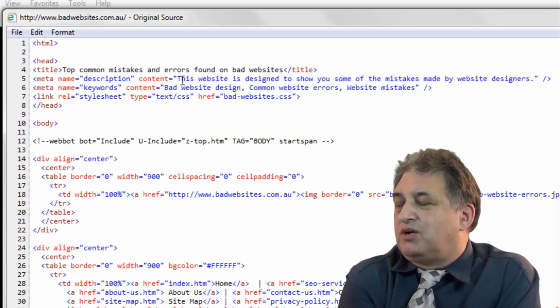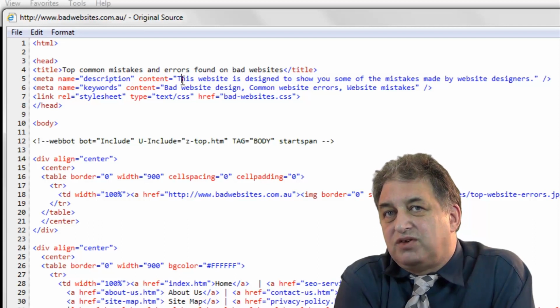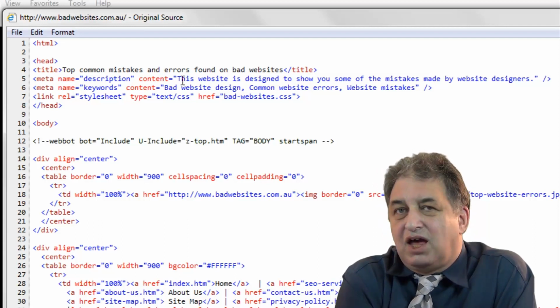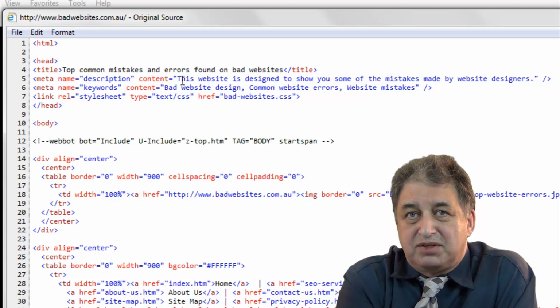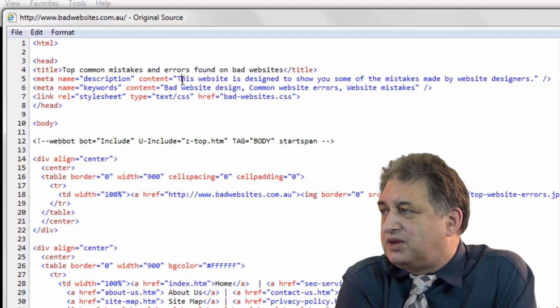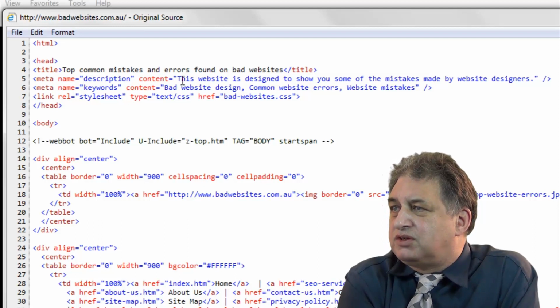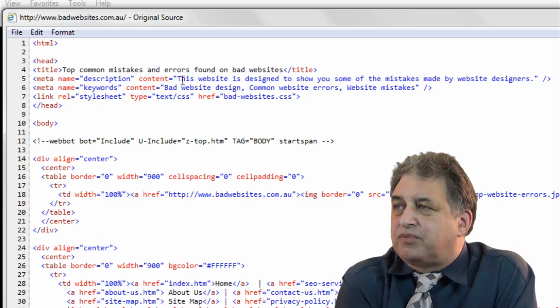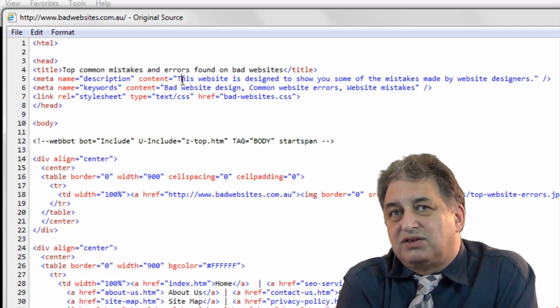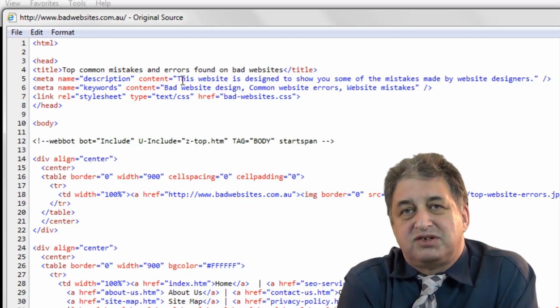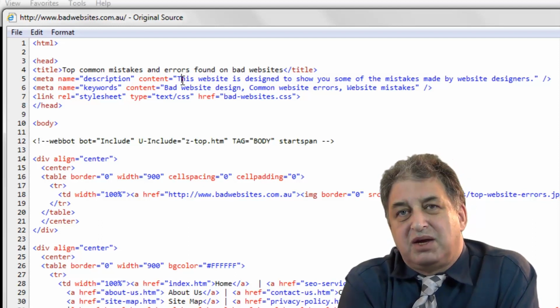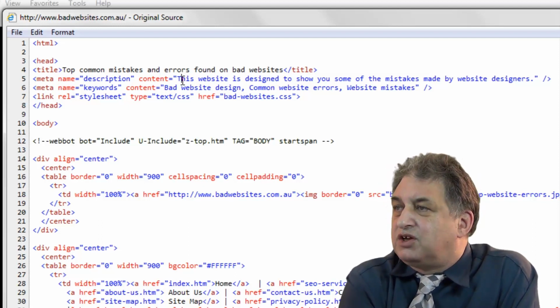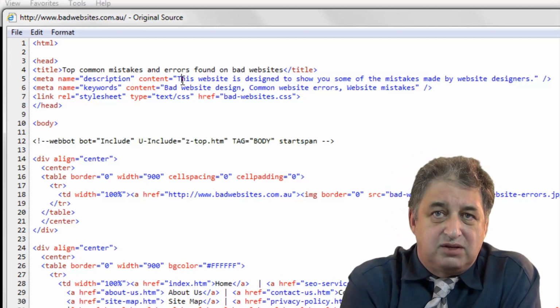Because it's all very well being displayed in the top 10 results, but as I say, you're 1 of 10 generally, so the description really helps to get people to click on your website as opposed to one of the other 9 people, one of your competitors. So that's really the importance of a good website description. As I say, it's not displayed within the actual page itself when people look at your website, but when you do a search within Google, what you generally get are 10 different pages being displayed, 10 different snippets as it's called, and the snippet is generally made up of the title, the description, and the URL address. And as I say, a good title makes a difference between someone clicking on your website in the search engine results or somebody else's.